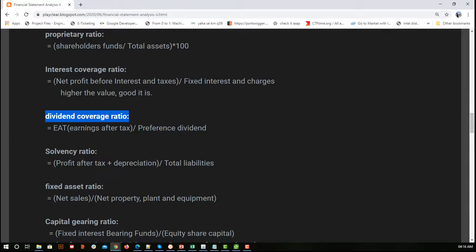Now solvency ratio. Here it is nothing but the profit that we are getting after tax and the depreciations, out of total liabilities. Okay, so whatever profit an organization is generating after tax, that we have considered here, so earnings and profits are the same. Profit after tax plus depreciation. So depreciation will be a negative value, so that will be removed from the taxes. So I can say after that I can get a net profit. Okay. So out of that net profit, if my liability is this much, then what will be my solvency ratio? So here, the better the numerator is, the better the solvency ratio is.